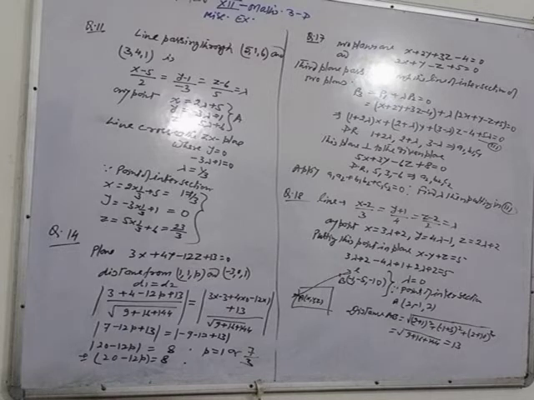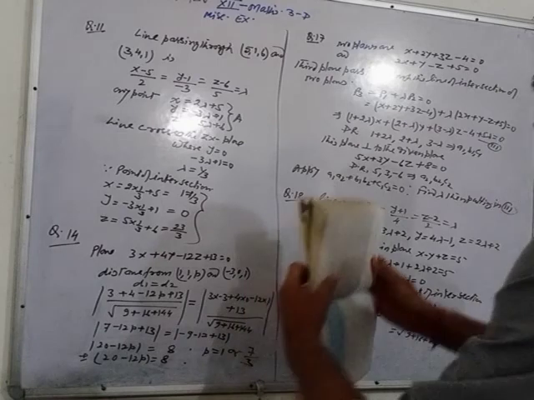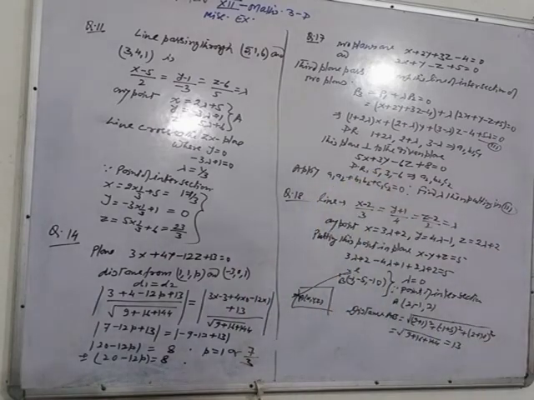Okay. Now see question number 17, where two planes are given. The vector equations of the planes are given. You can convert them into Cartesian form. In place of r, put xi plus yj plus zk and take the dot product, so the vector equation reduces to Cartesian form. So you get x plus 2y plus 3z minus 4 is equal to 0, and the second plane 2x plus y minus z plus 5 equals 0.